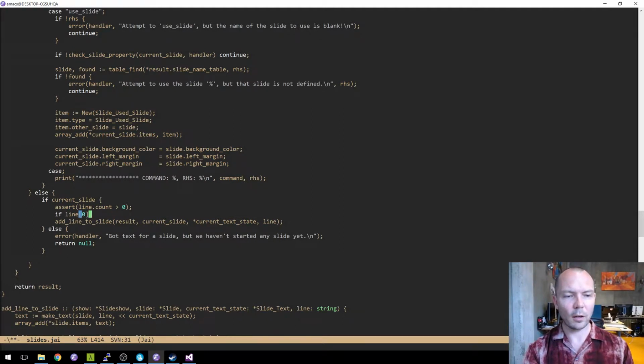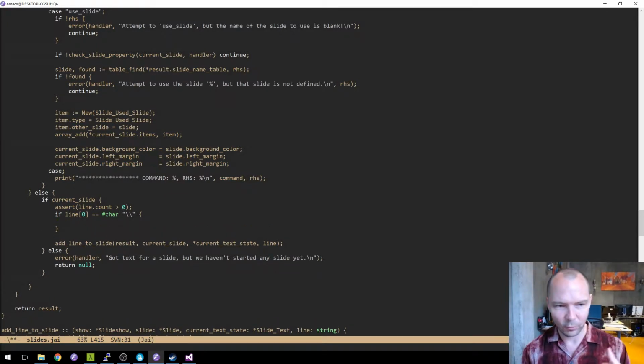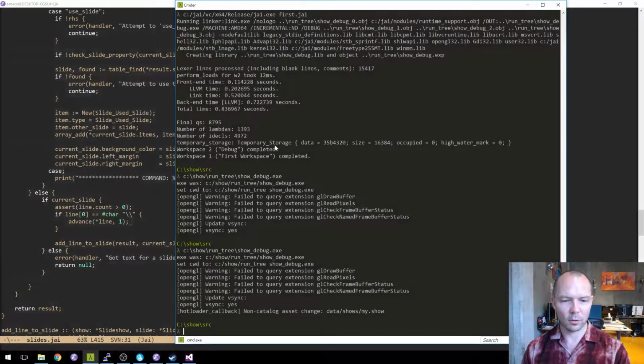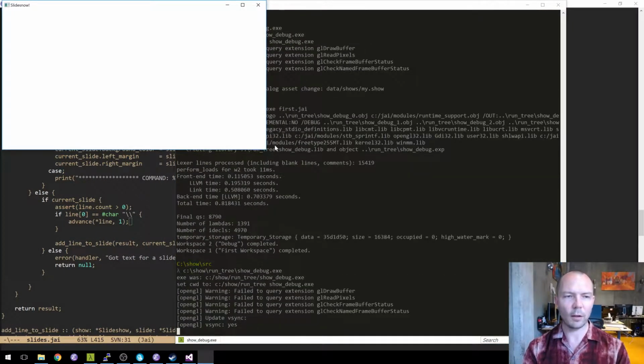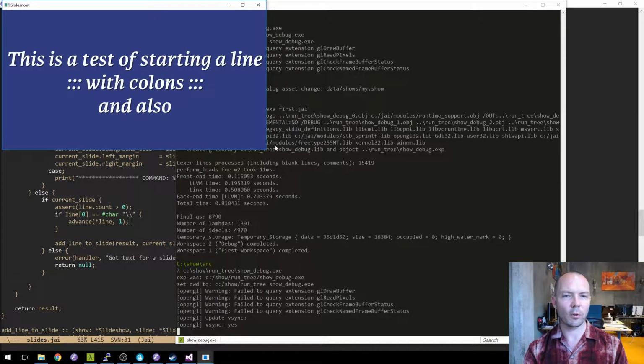If line sub 0 is equal to the character backslash, we're backslashing the backslash because backslash in strings means what it means. So if that's this thing, then well, we just say that's it. As far as I know, that's it. Advanced just skips us to the next character. Okay, so we got our blank line and we got our colons.